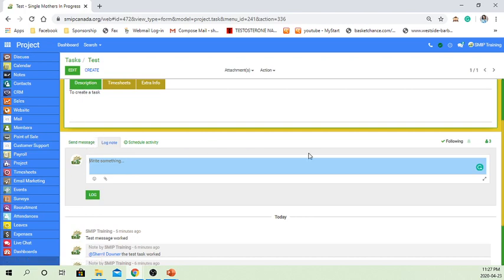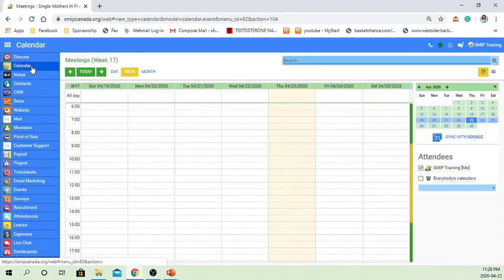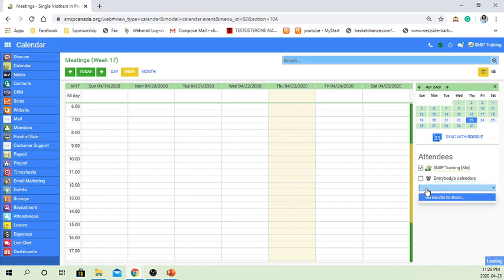You now also know how to communicate with your team. In order to access your calendar, you're going to go to calendar. And here in calendar, you are now able to access anything that you have scheduled. If you then need to access someone else on your team or someone else in the office that you need to schedule appointments for, you're going to go right in here